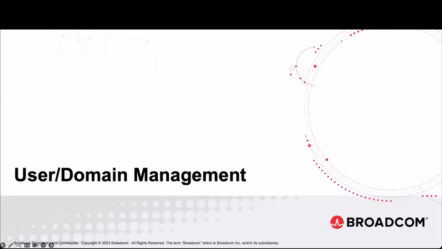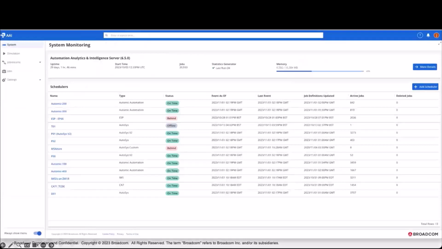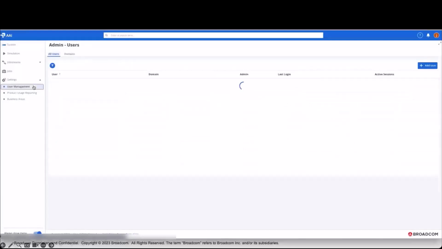User and domain management. If we move back into the AAI Web UI, under the settings heading, we have the ability to provide users and user stores to the AAI system. We also have the ability to create those users. If I click on our user management page,